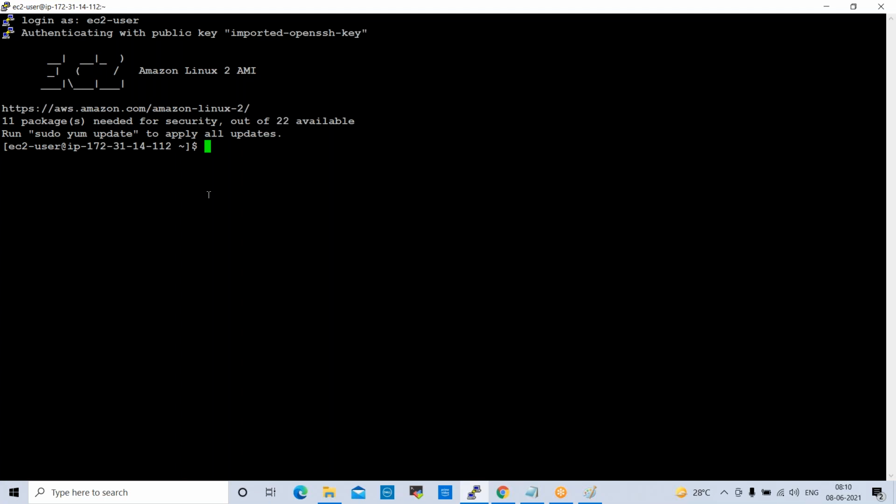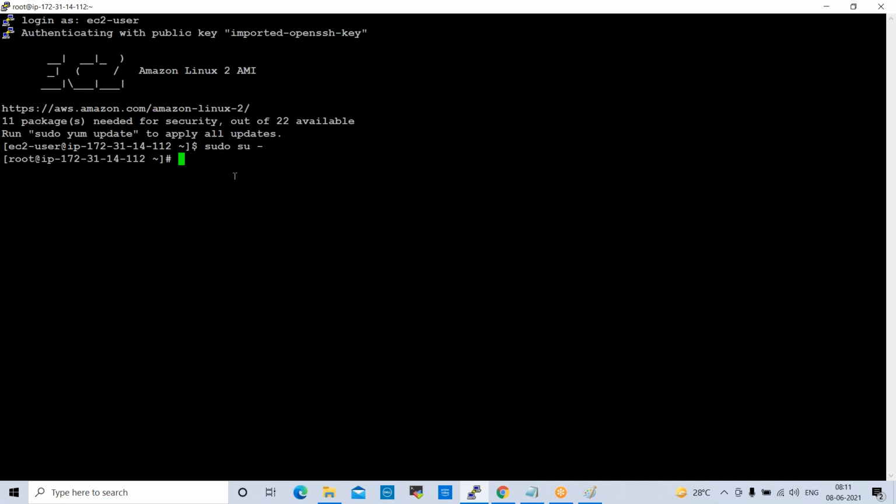So we'll switch to the root super user. If you want to switch to root user, sudo su hyphen. Okay, to switch to root user.